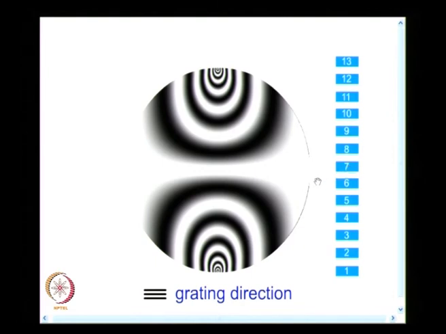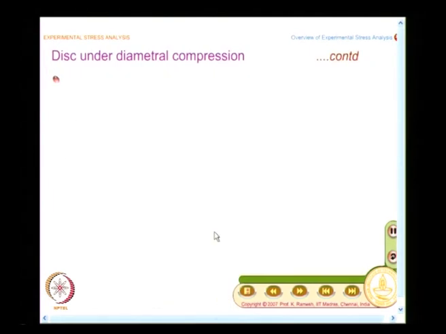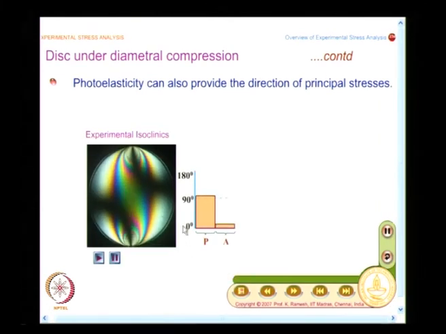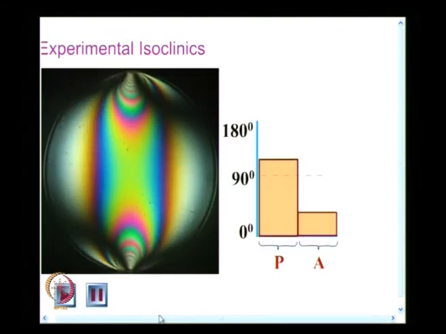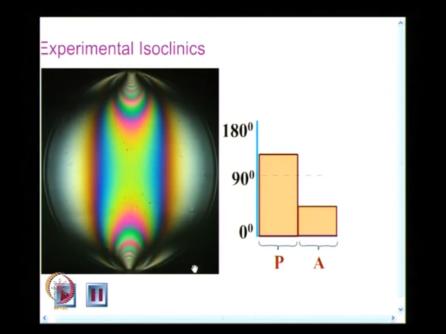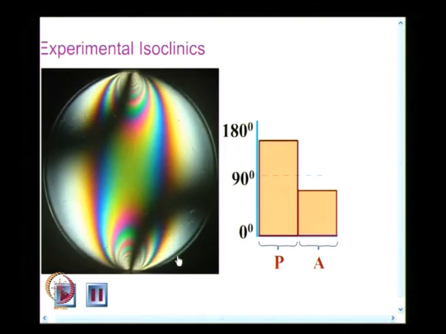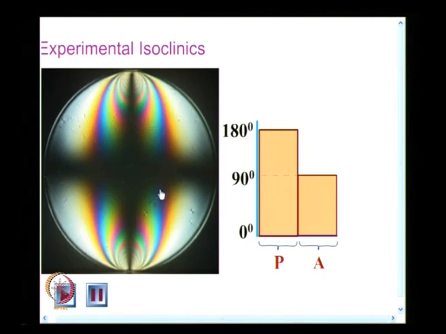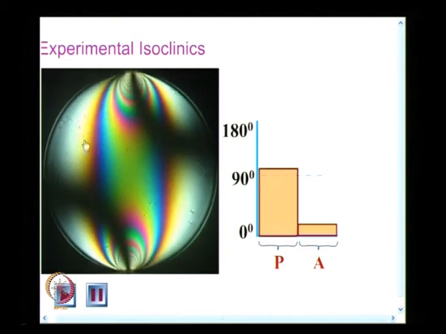And for this example, I also have another set of contours that you can get from photoelasticity. Photoelasticity can also give you principal stress direction, and that is what you see here, and we will see this closely. So, what I find here is I have experimental isoclinics, and what you find here is the whole image looks blurred, a black contour moves over it, that is what you see. A black set of contours move over colored bands.